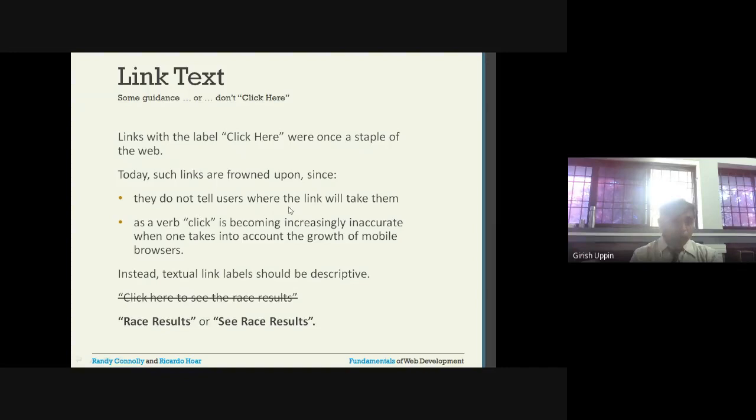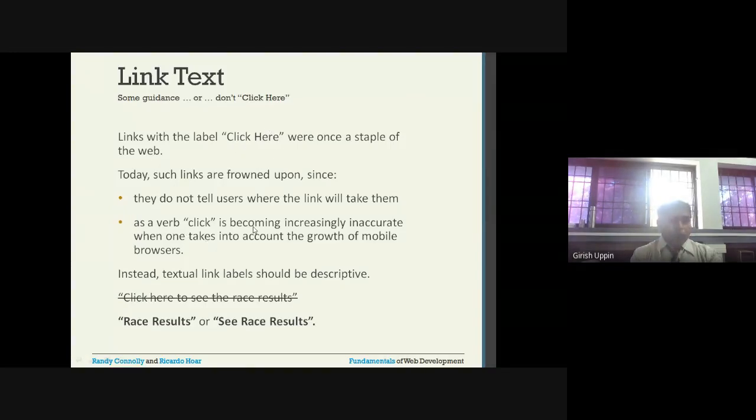They do not tell users where the link will take them. When we had the Central Park, we did not say click here, we said the Central Park. And when the user goes over that particular text, he is sure that if he clicks there, he is going to go to the website of the Central Park. So click-here kinds of links are not used.